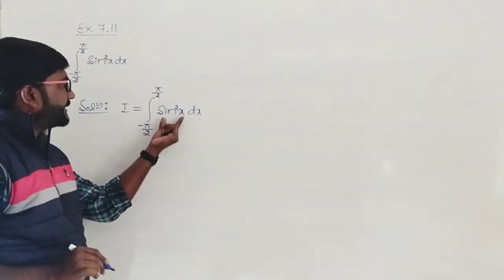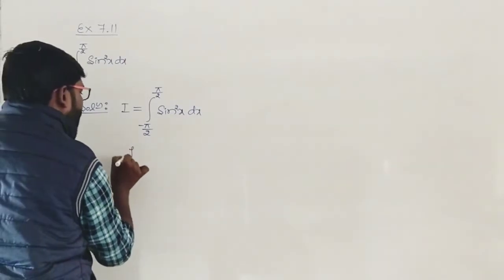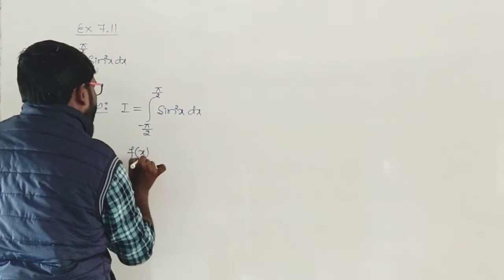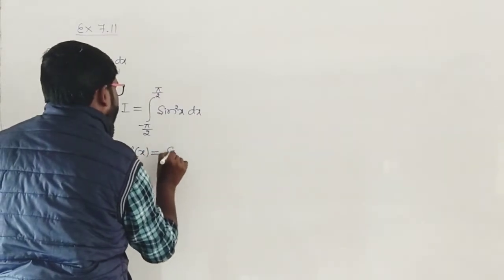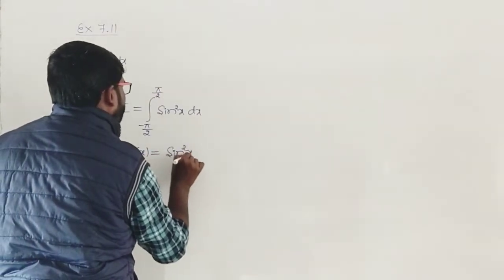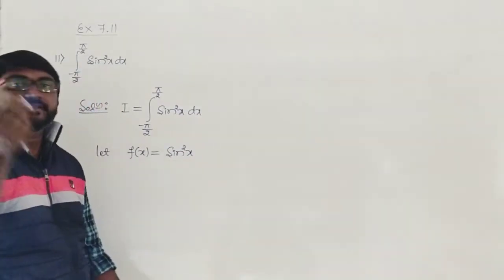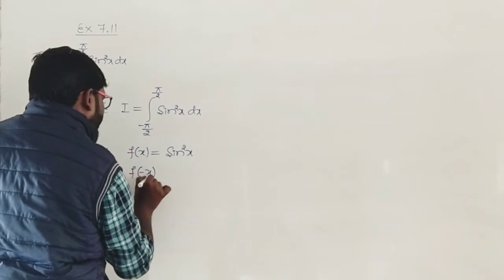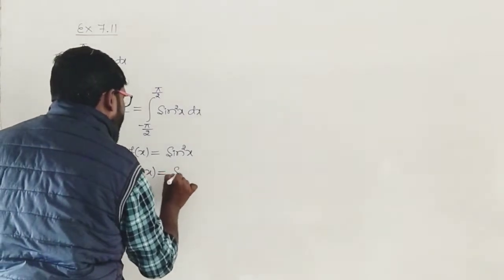Now I take this as f of x. Let f of x be equals to sin square x. Now we have to go for f of minus x. So f of minus x, that means replace x by minus x, which is equals to sin square